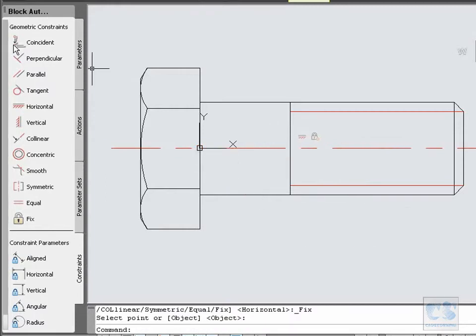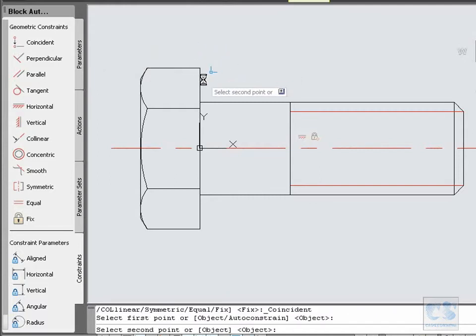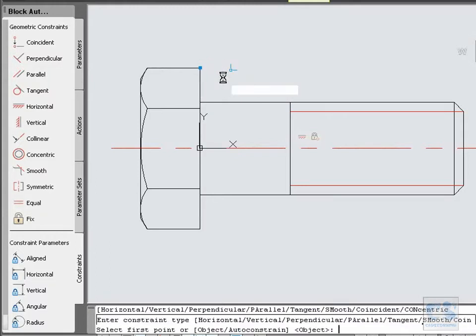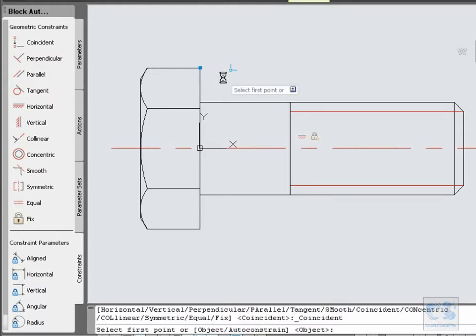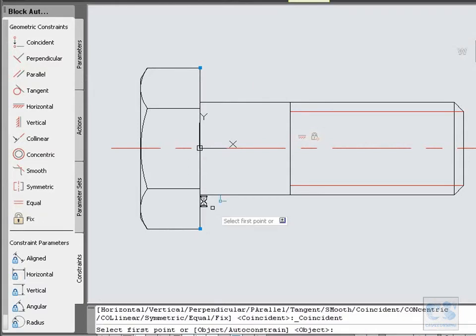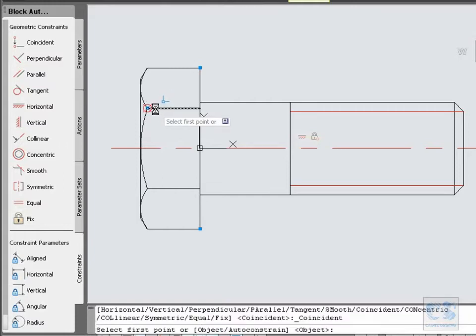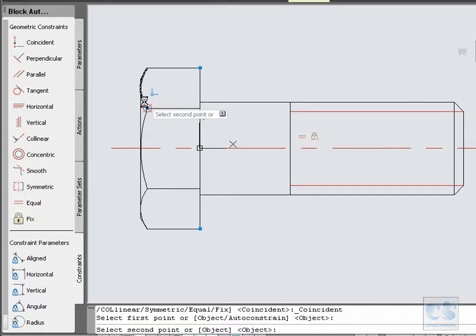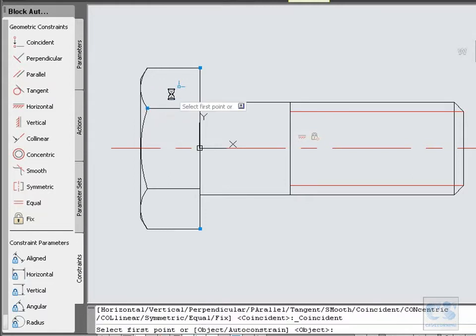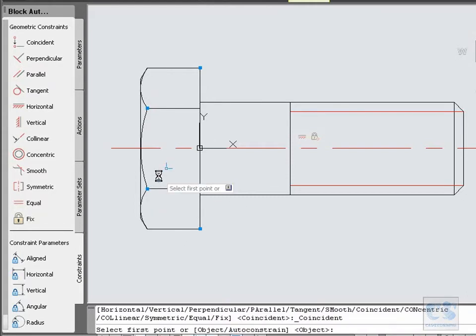Next, we will add coincident constraints. We select this endpoint, then this one. We press enter on the keyboard to repeat the coincident constraint tool, and we are going to do the same on this corner. Enter or spacebar to repeat the coincident constraint tool, and this time the endpoints of these 2 arcs. Now we connect the endpoint of this line with the one of this arc. We will repeat the procedure for this side. The arc with the arc and the line